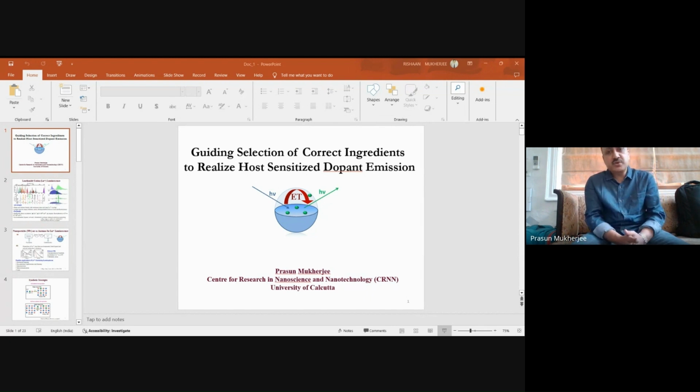Now, with regard to the synthetic strategies to dope the lanthanides or the dopants, we have used either a synthetic incorporation strategy, where the lanthanide is incorporated during the synthesis of the nanoparticle, or the post